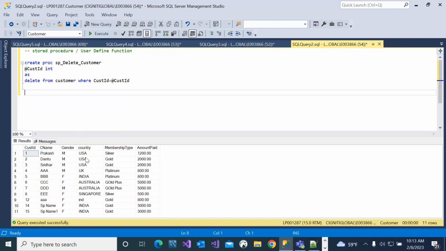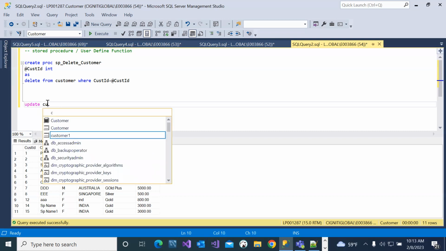I would like to update the membership type through a stored procedure. So how do I write it? I have to create another stored procedure. Create proc. First, write your SQL statement. Then you will get to know how many parameters are to be taken. How do I update it? Update customer